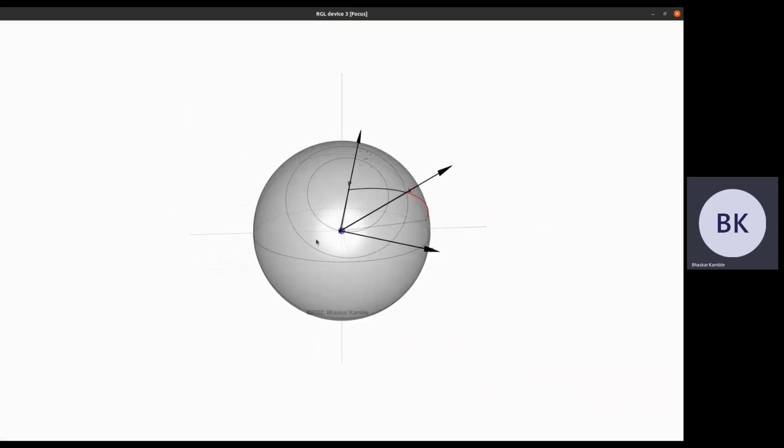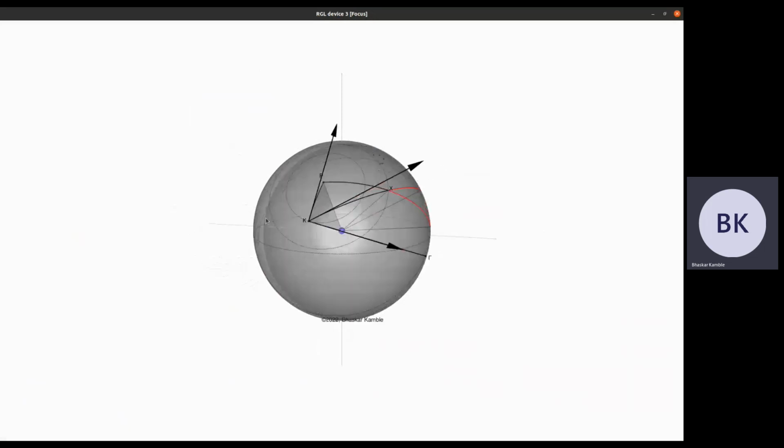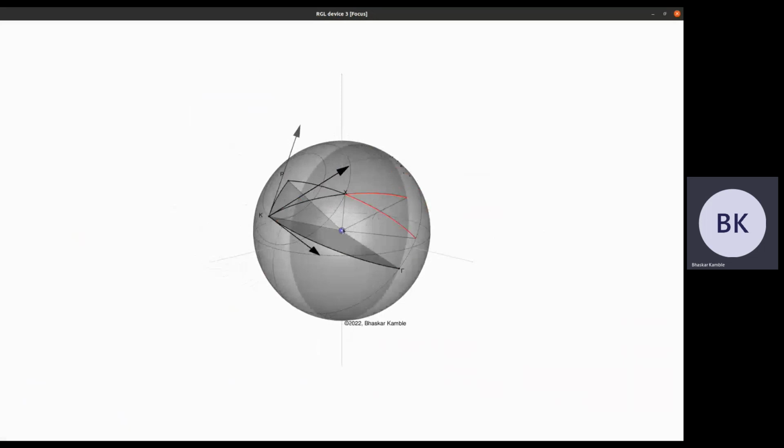It's quite easy to understand, because OP is perpendicular to the equatorial plane, and OK is perpendicular to the ecliptic plane. It's like you just tilt the ecliptic plane with respect to the equatorial plane about gamma O, and then this will move. I mean, OP and OK will be moving in such a way that this angle is always equal to 90 degrees. So yeah.